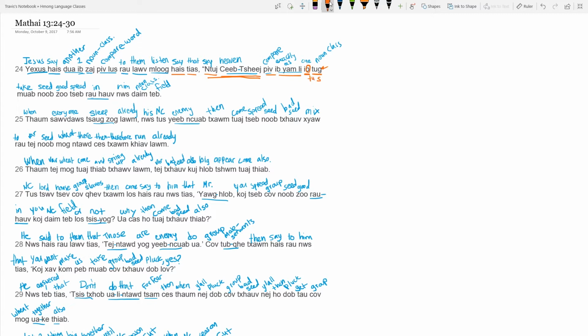TUS is a noun classifier, so we just had a number one here. So noun classifier after a numeric reference. TUS is a noun classifier, in this case for people, a person. So you could say it's kind of like in this context, the kingdom of heavens is compared exactly as a person. So this noun classifier is taking the place of the word a person. Okay, what did that person do? We'll go down to the next line.